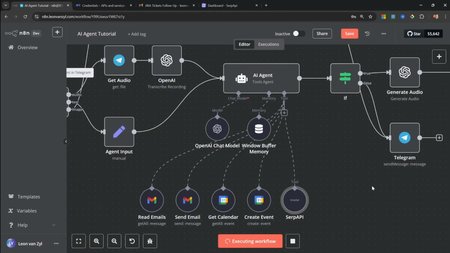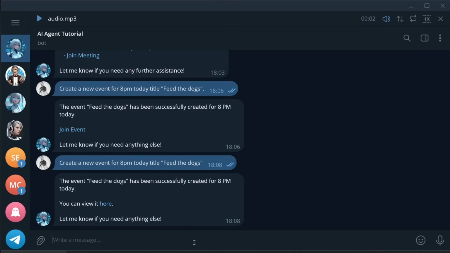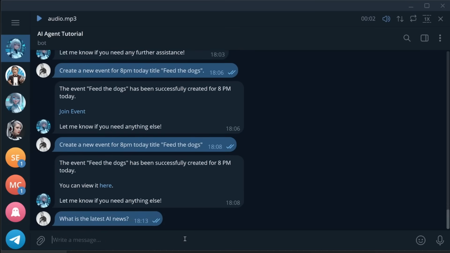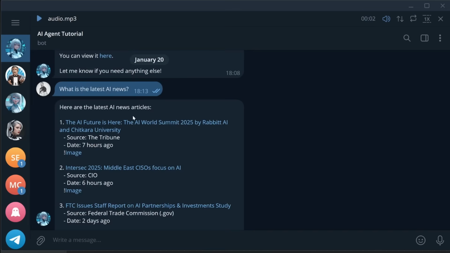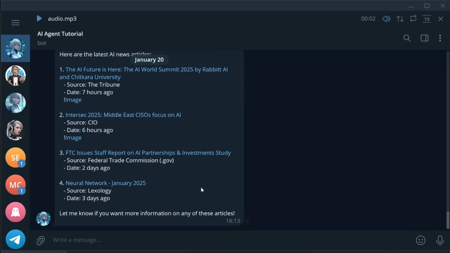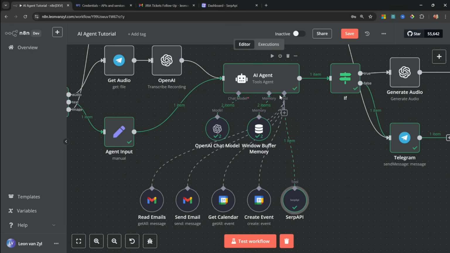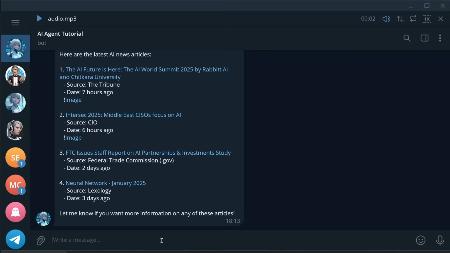Let's test this workflow, and in Telegram, let's say, what is the latest AI news? Alright, and we just got all of this back, which is super cool. And of course in n8n we can see that this tool was called, and agents are intelligent enough to call more than one tool at a time. So what we could do is the following. Get the latest AI news from NVIDIA and email the report to